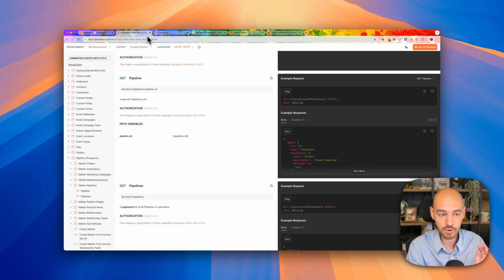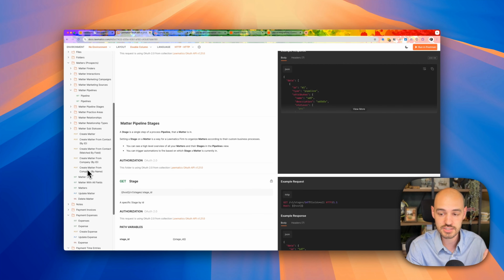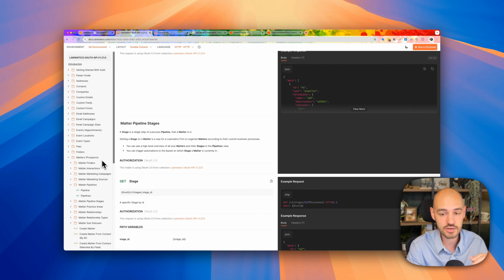Now, I do want to give props. There are legal tools that have pretty good APIs. Clio has a very robust API. Lawmatics has a very robust API. As you can see, you can do a lot of stuff. You can access a lot of data. You can take a lot of actions. You can search. You can return all kinds of stuff from some tools. But